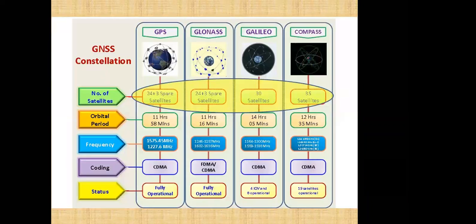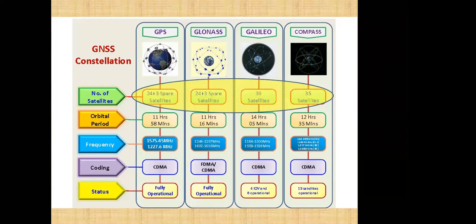Okay, this is showing the difference between the different GNSS constellations. GPS currently has 29 satellites, and GLONASS has around 27 satellites, 3 of which are spare. Galileo has 17 to 20 satellites. They were having an issue with the atomic clock, and now they are putting a passive hydrogen maser clock on their satellites. So currently they have 17 to 20 operational satellites. Compass has around 41 operational satellites. Then the next part shows the orbital period of the different satellites.